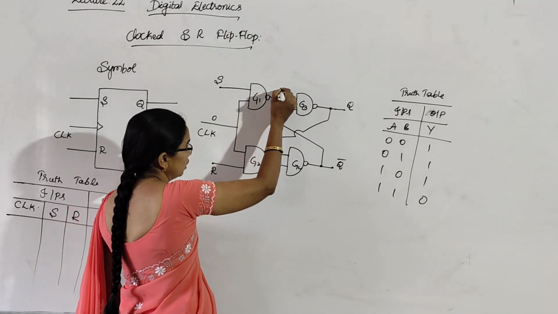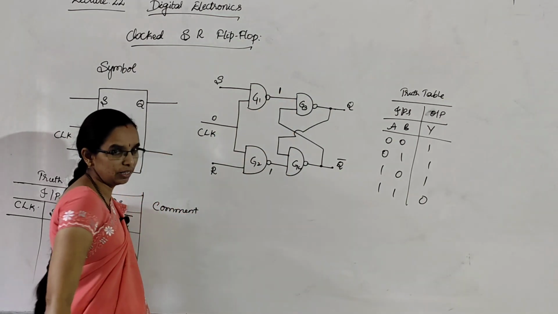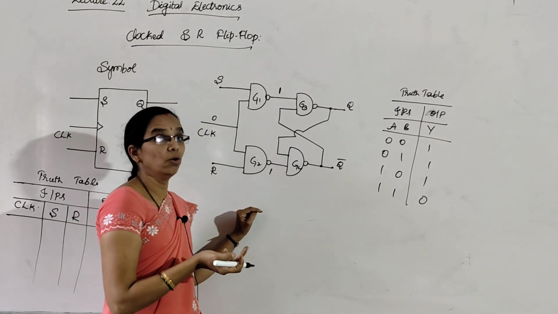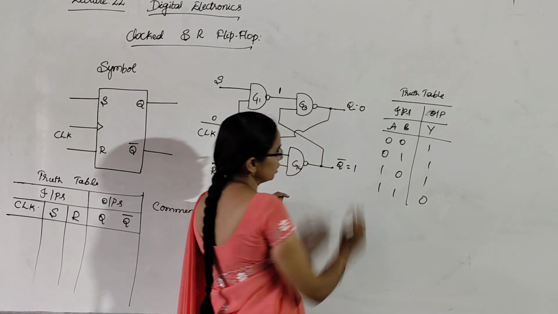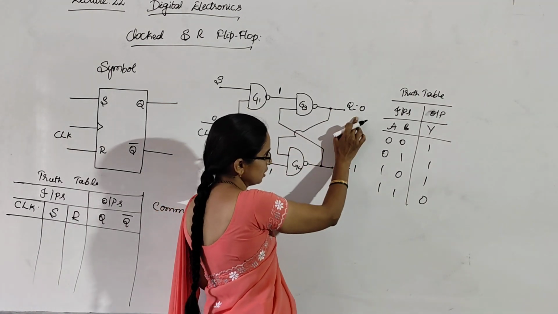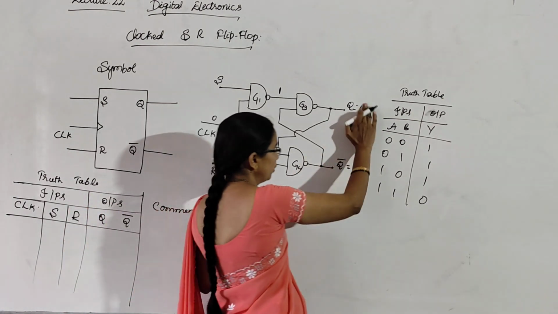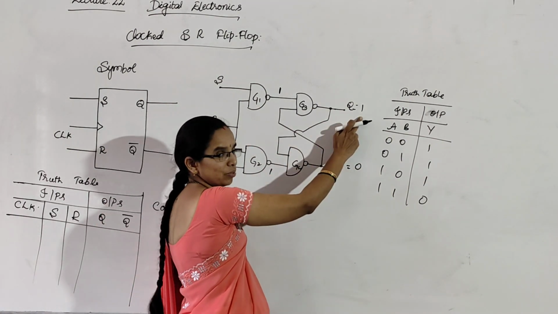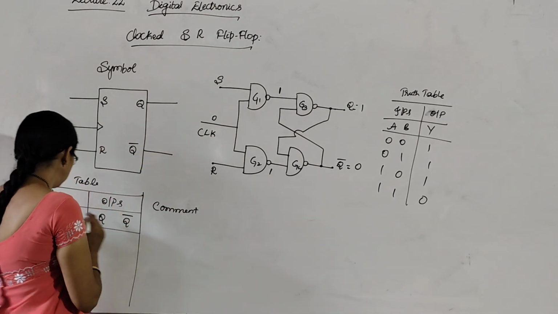So for gate 3, if you are giving 1 and here also it is 1, it is an active low NAND latch, both are 1, 1, it should go to hold state. For example, if initially Q is 0 and Q bar is 1, in the sense 1 and 1 will be 0, 0 and 1 will be 1 only, it will remain. Or if it is 1 and 0, 0 and 1 remains 1, 1 and 1 goes to 0. That means it is going to maintain the hold state.